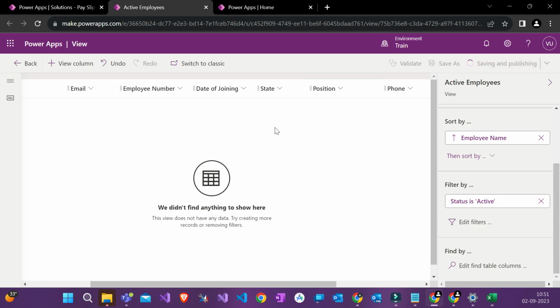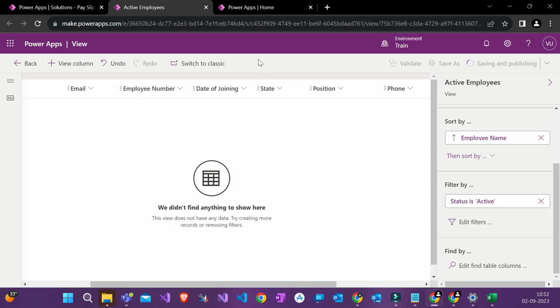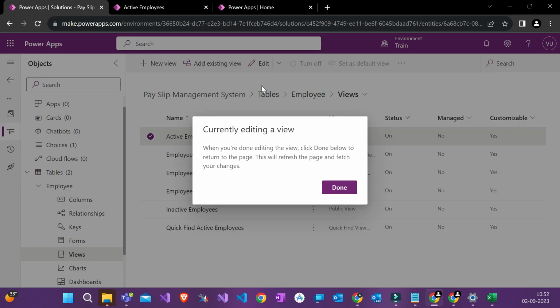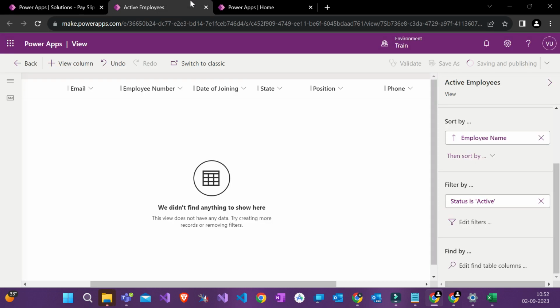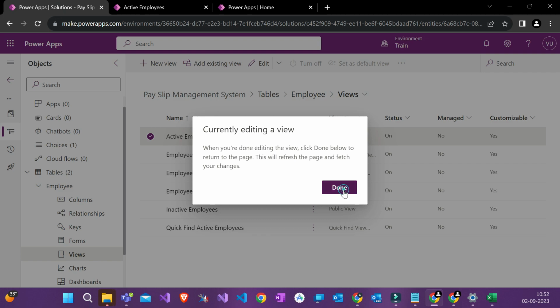Sorting also I have told you. So the view is done. There is nothing left in the view. Everything I have told you. Now for the form also I will do the same, because in the form I had gone a little fast. So now we have edited our view.